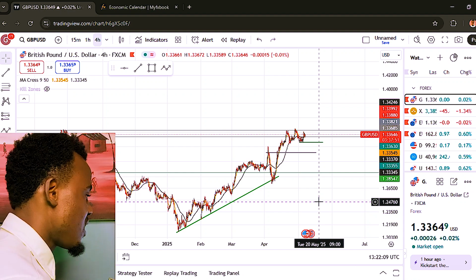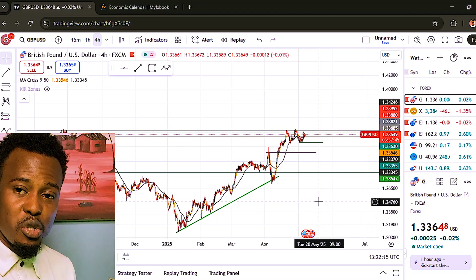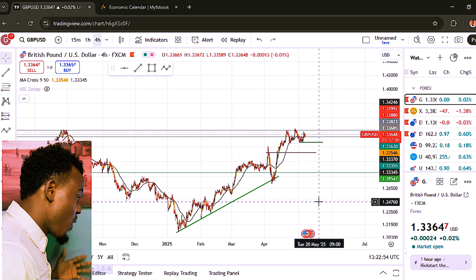The first strategy that I will be sharing with you is price action trading. What is price action trading? Price action trading means using historical price to predict what price will be doing in the future. Using price action trading strategy, you need to know two things. You need to know your support, you need to know your resistance. Very important. And a lot of people don't know where is their support and where is their resistance.